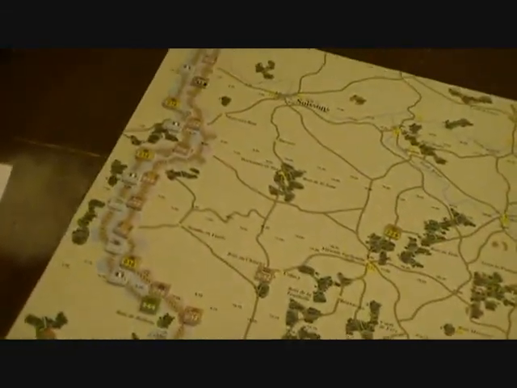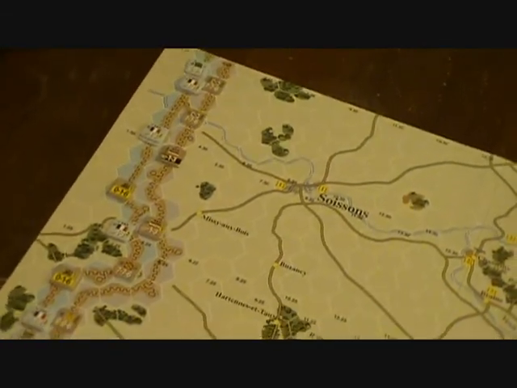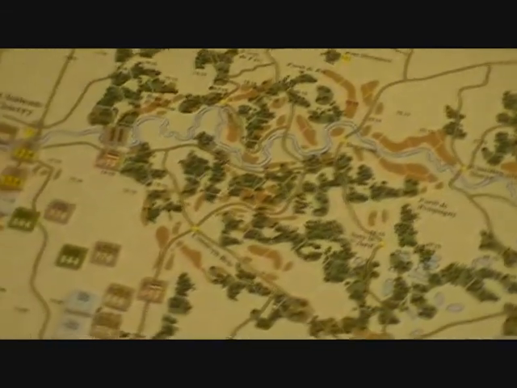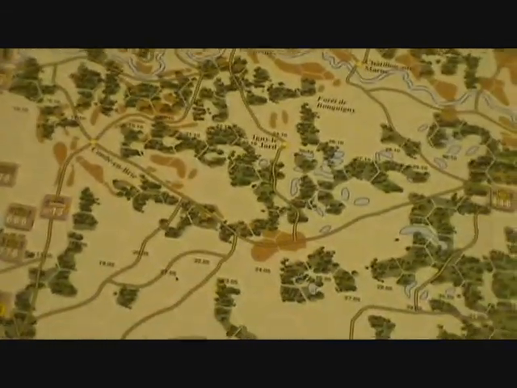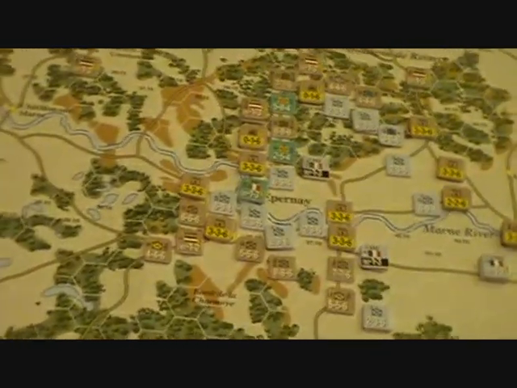Really just tried to reinforce my line all along this western side, and especially the trench. Grabbed some allied trench hexes to just give me a little bit more space. There was a unit I was moving down. Let's see where they got to. Yeah, they actually joined the